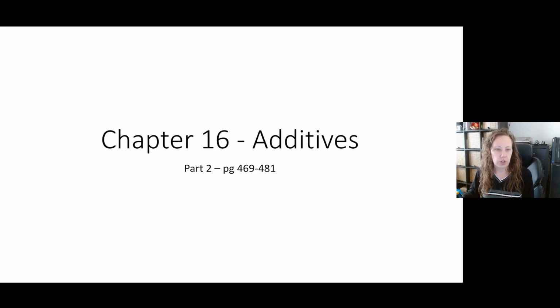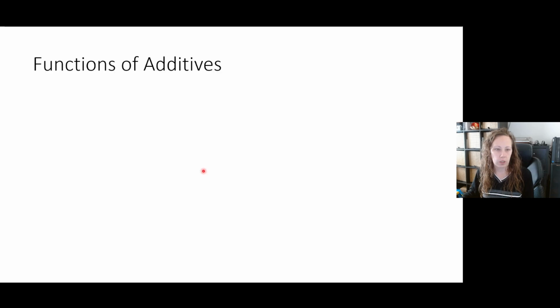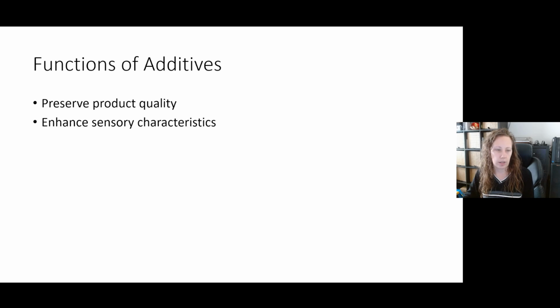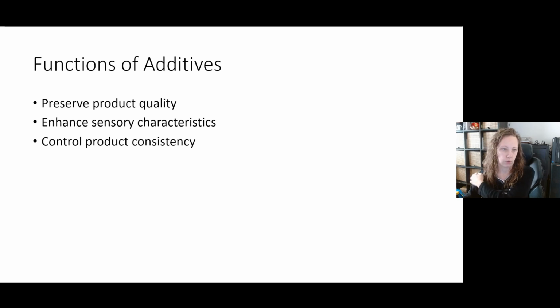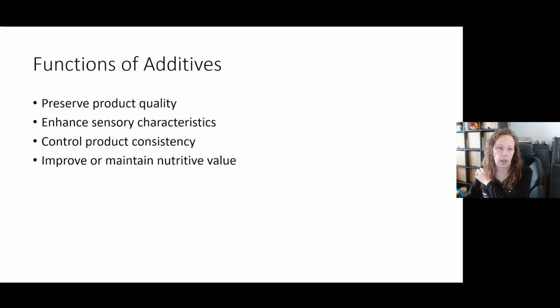Hi, we're continuing with chapter 16. Where we had left off last week was we started going over the functions of additives. There are 4 potential functions of any additive. The first that we went over last week is preserving product quality. So we talked about preservatives and antioxidants. And now we're going to go over the remaining 3, which are enhancing sensory characteristics, controlling product consistency, and improving